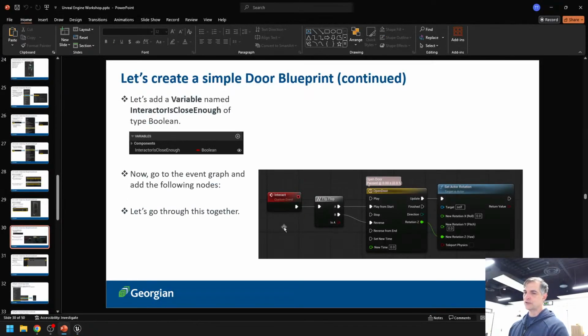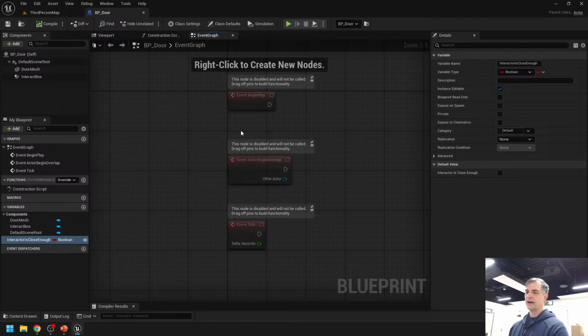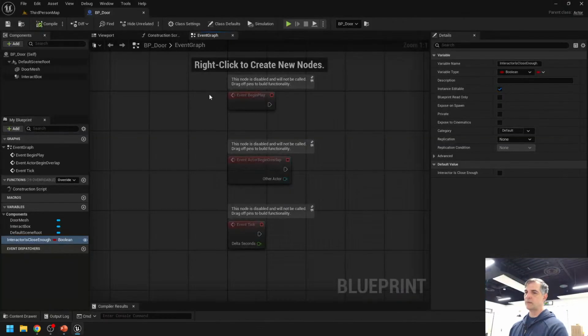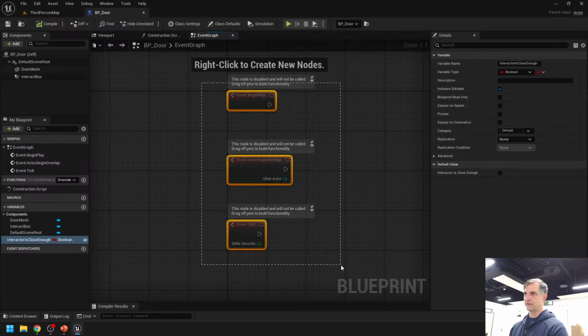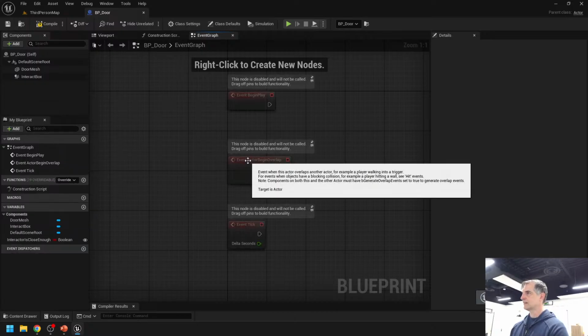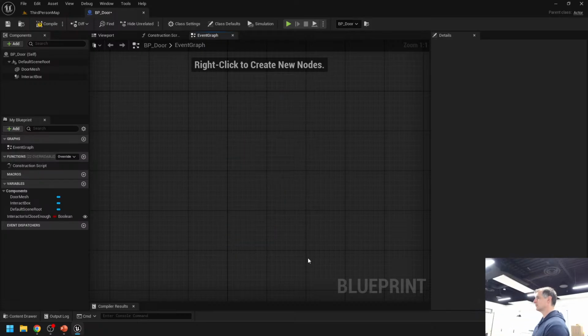The next thing I want you to do is in the event graph, let's build this. Okay, let's do this new thing. So go back into the event graph. Notice that I'm using a new custom event. Let's get rid of all of this in the event graph for the door. So the door doesn't have any of that stuff anymore. The event graph should be completely empty. I've just deleted everything. Okay, so again, I had this, and I just highlighted everything and deleted it. You can do this. You don't have to keep all the default nodes. Those are just there to help you